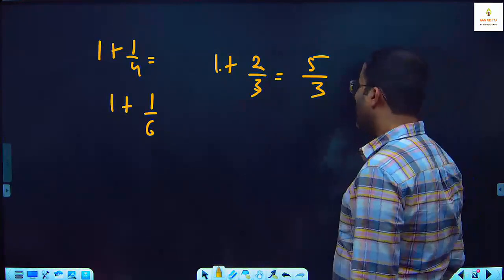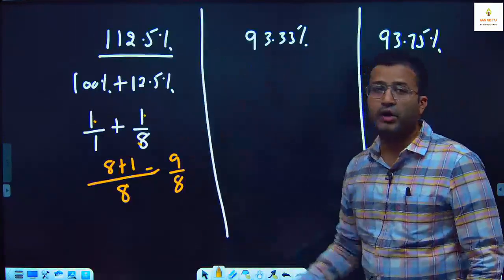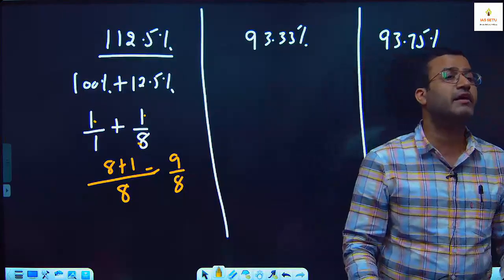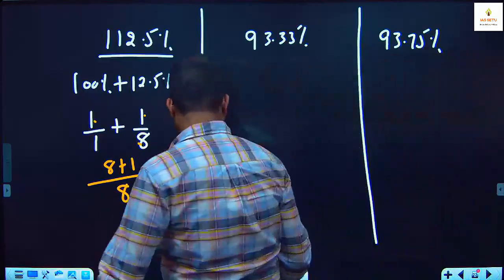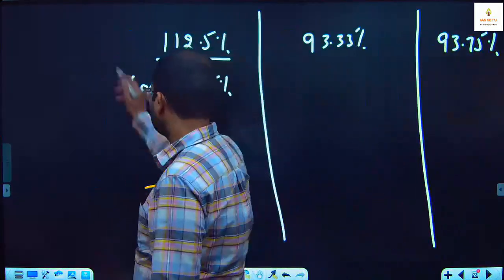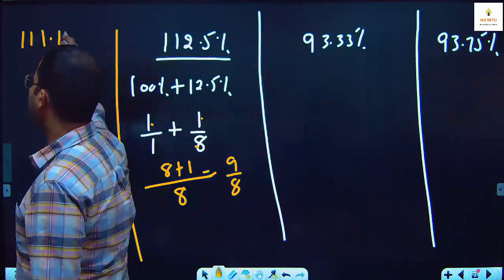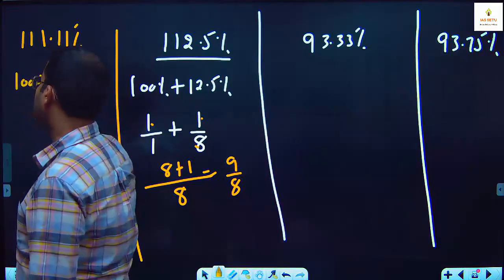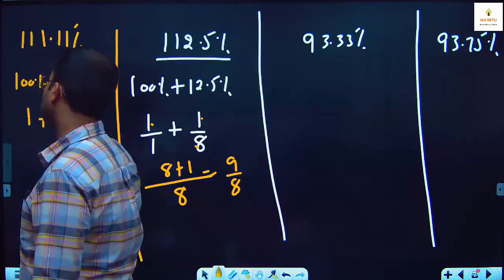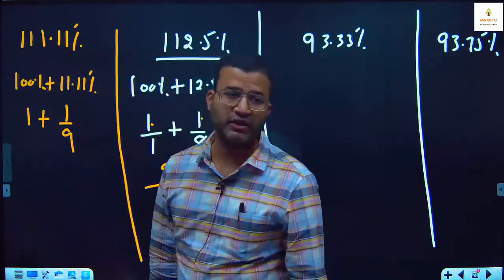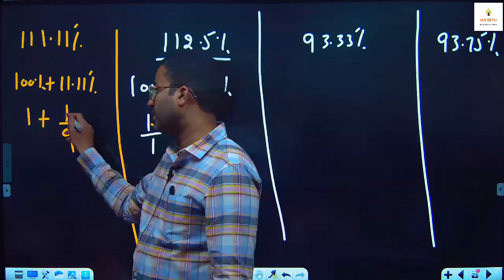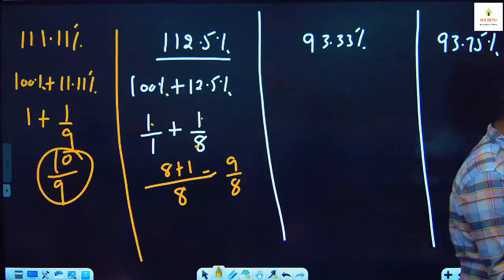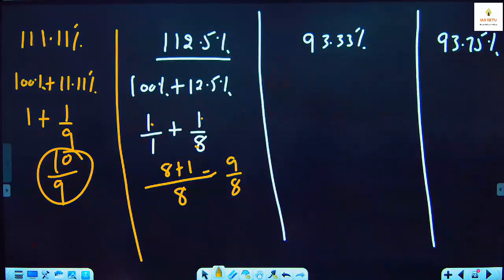Okay. So now here, if you find in my handout value more than 100%, like 112.5% or 111.11%, for example, you get this value. ये मिल जाए अगर गलती से, 111.11%. How you will handle this? You will break it 100% plus 11.11%. It is 1 plus 1 by 9. And what is 1 plus 1 by 9? 10 by 9. 9 plus 1, 10 upon 9. So if your value is more than 100%, you break it as 100% plus something. हाँ जी,